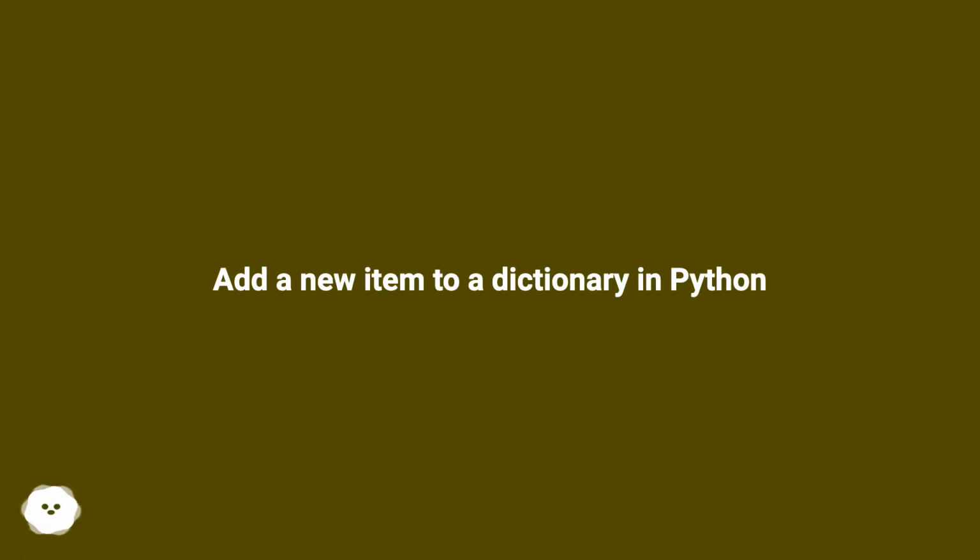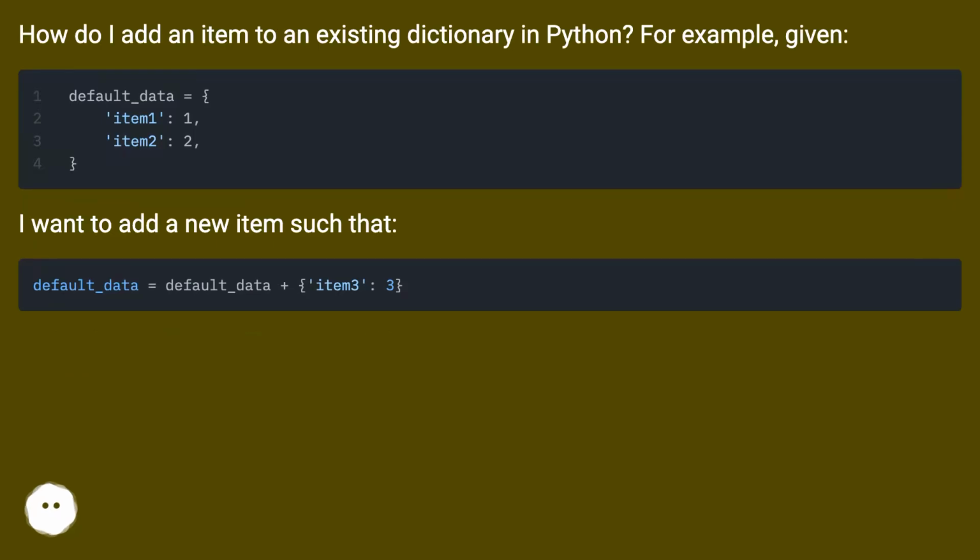Add a new item to a dictionary in Python. How do I add an item to an existing dictionary in Python? For example, given... I want to add a new item such that